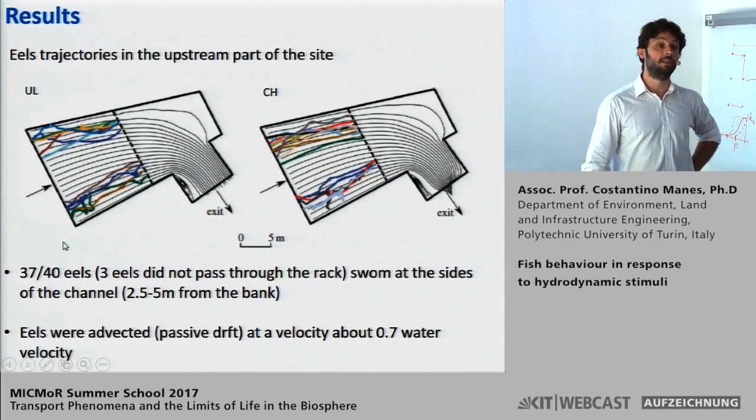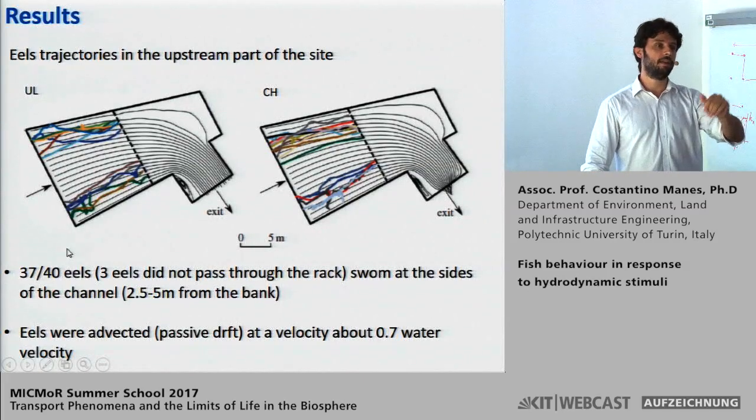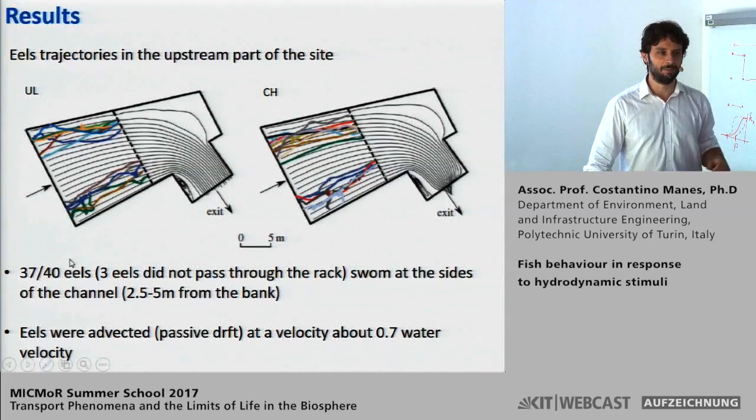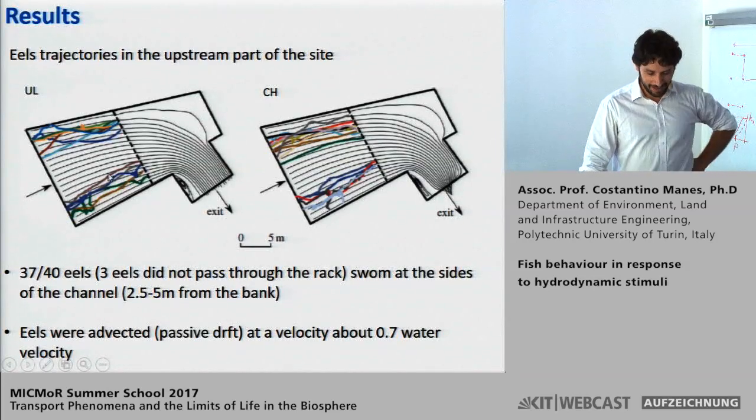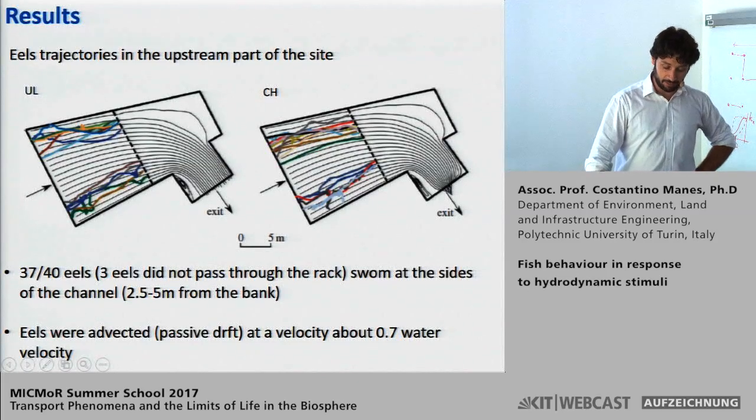37 out of 40 eels actually moved downstream. 3 eels decided to do whatever they wanted. They went upstream. We lost them. Okay. But 37, so a good percentage,